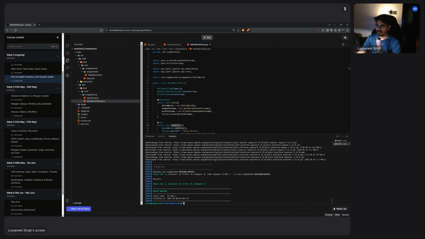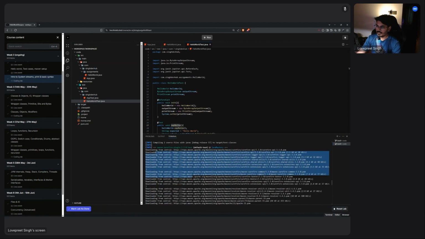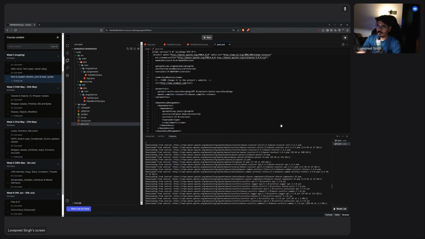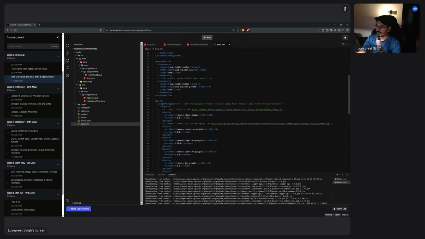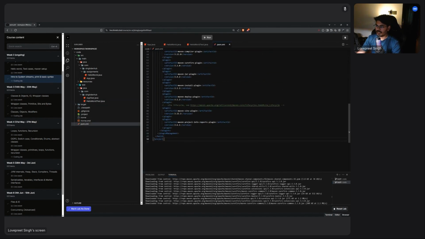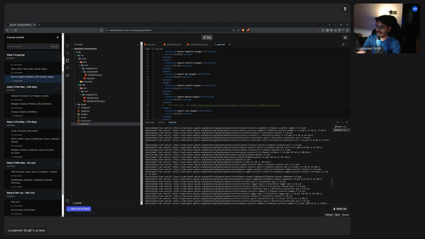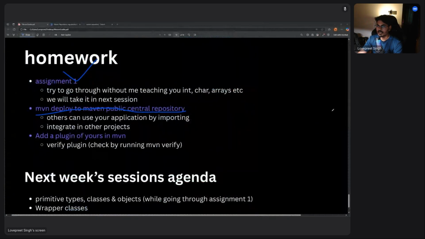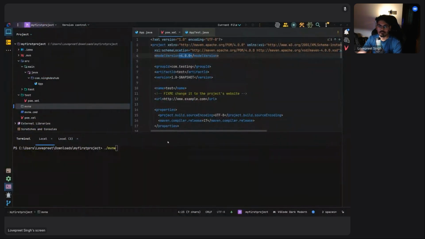You can go through the output, whatever it is downloading. Then you can also go to the pom.xml file to see what plugins I am using here. These are the normal plugins that we are using, but we are doing something extra here, which is Maven test, but we are using some program arguments. What exactly I mean by program arguments is, I hope you already remember some things that we have